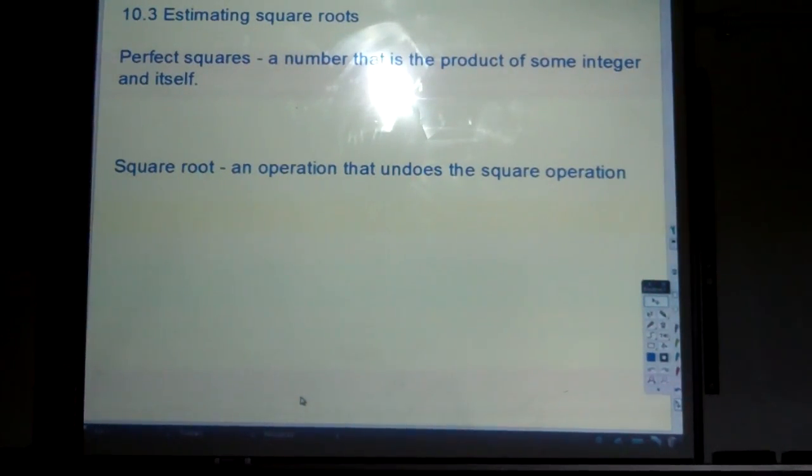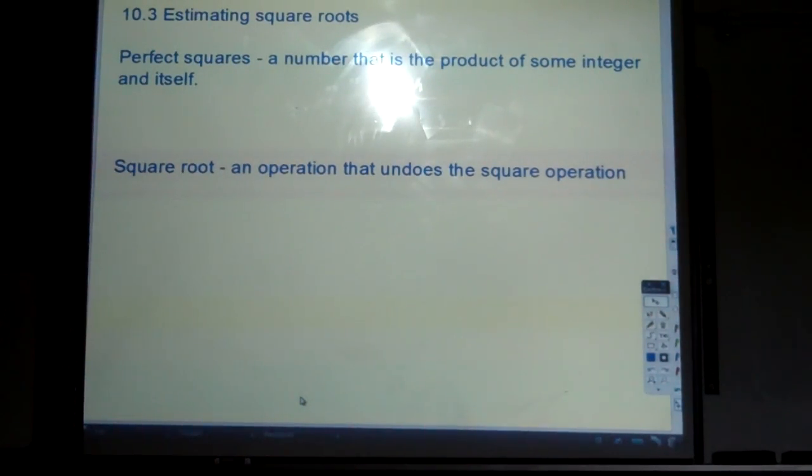Hello! Please feel free to watch this video any number of times or pause it so that you can take notes. Today we're going to be talking about finding and estimating square roots of numbers. And in order to find the square root of a number and estimate that, we need to first talk about